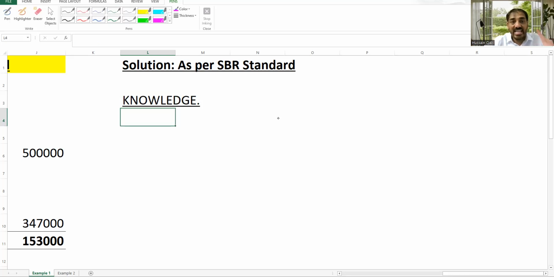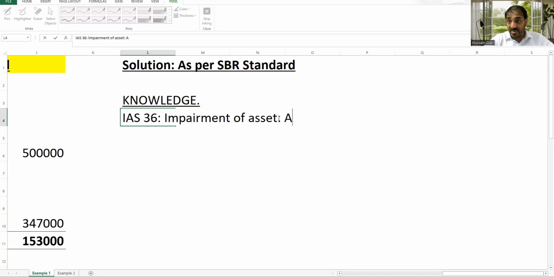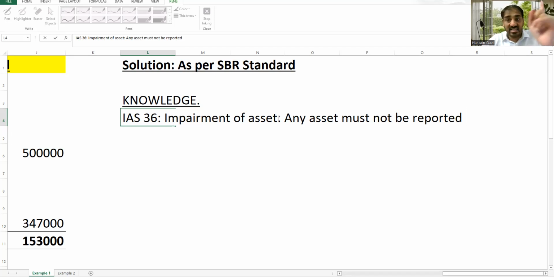First thing, the knowledge. And here the knowledge about IAS 36. You will mention that IAS 36, impairment of asset. You will write your answer in this manner: IAS 36, impairment of asset. What says IAS 36? Any asset must not be reported more than